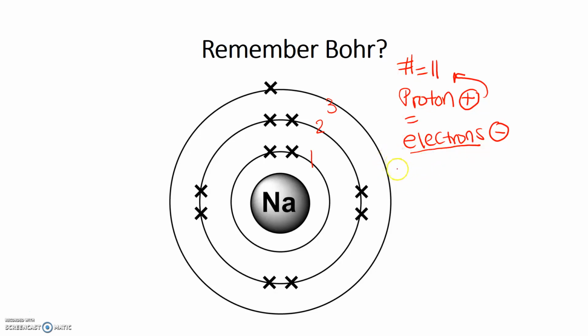Now that's not to say anything about the different ions that are formed from that element, but at least for the actual element itself. So basically if I wanted to make a Bohr model, what I would do is look at the total number of electrons, look at the number of electrons each orbital can hold, and put them in the lowest energy orbitals first. So I would take the first 2 of these 11 electrons and put them in the inner orbital because it can only hold 2 electrons, and then the next ones go into the outer orbitals, which each hold 8. So I have 2, I have 8 in the second orbital, which gives me 10, but I need 1 more, and that's going to give me this 1, our valence electron,